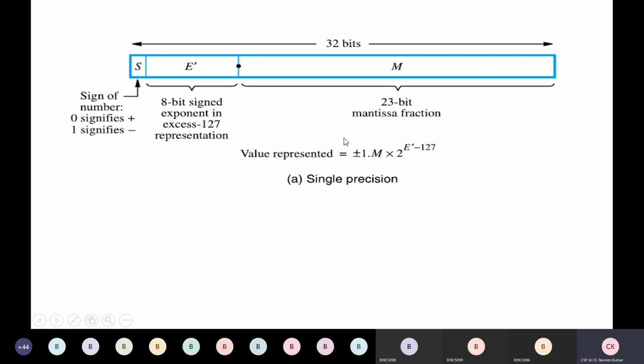If you want to represent still bigger numbers, we have double precision also, which is 64 bits. At the moment, remember this is for the 32-bit single precision floating point numbers represented in this format. We already know that whatever numbers we place here, the computer internally stores in binary format. Even if we give decimal numbers like 15.2, they are converted into binary format in these 32 bits and stored internally.